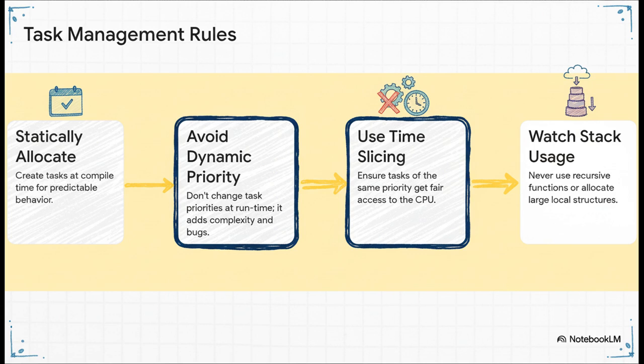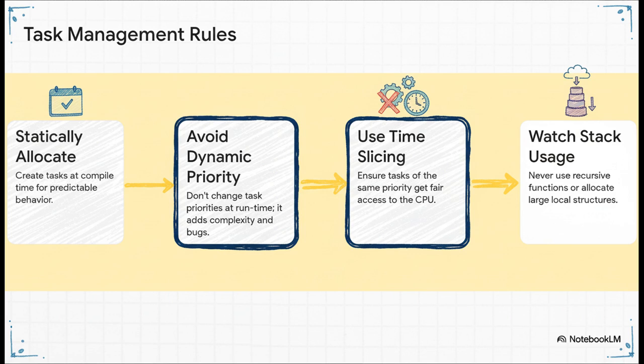3, use time slicing. This makes sure that if you have a few tasks at the same priority level, they all get a fair shot at running. And finally, this one is huge. Watch your stack usage. Things like recursive functions or really big local variables can cause a stack overflow, and poof,